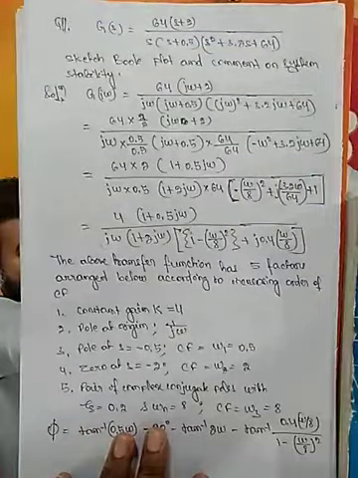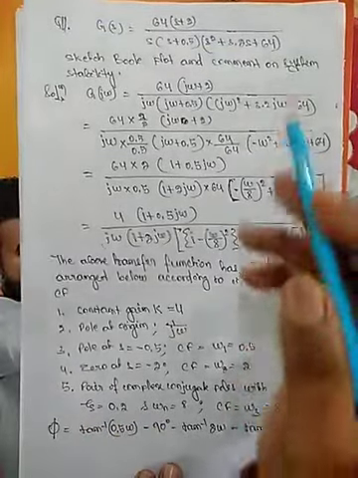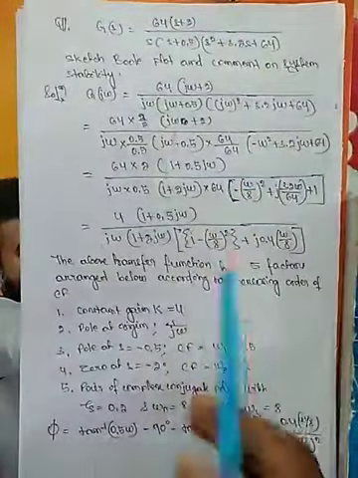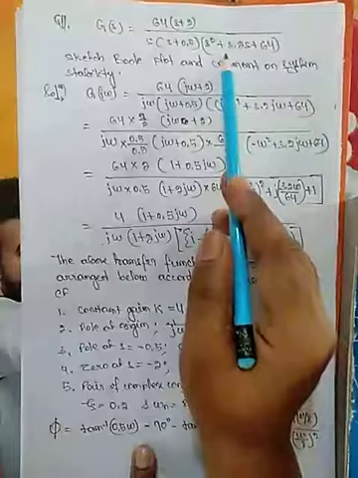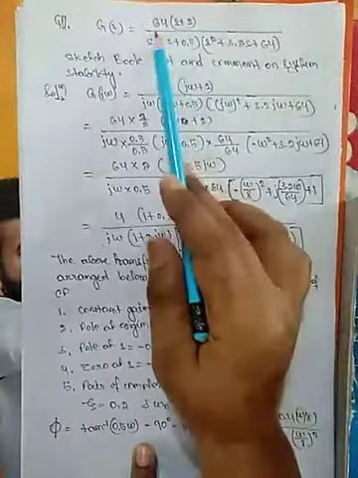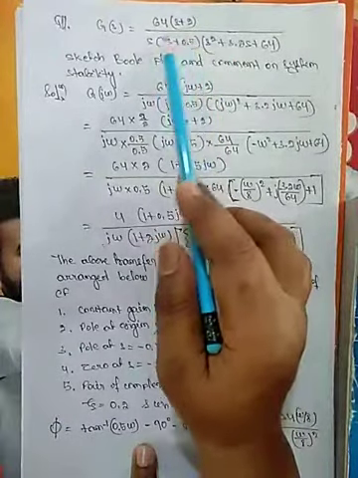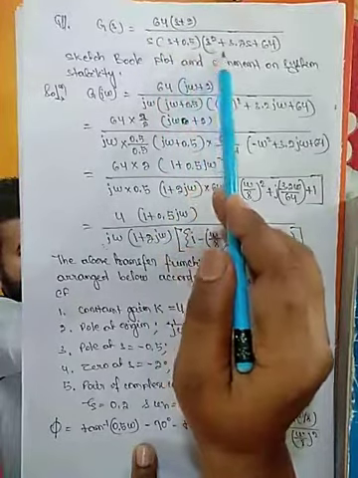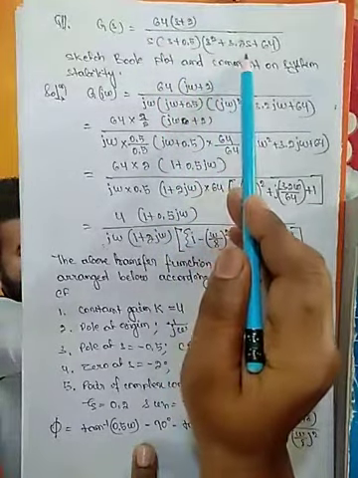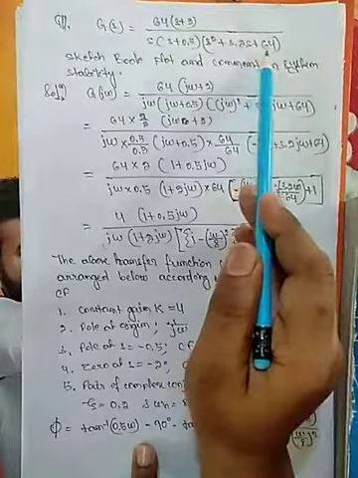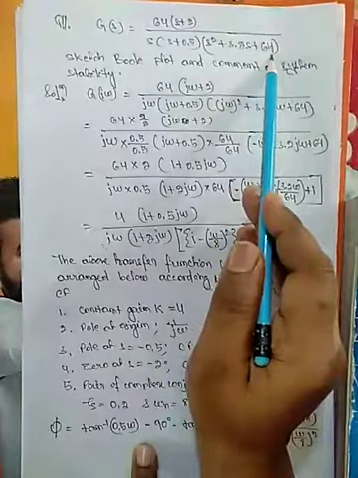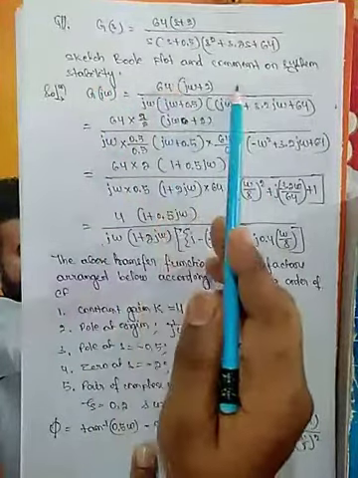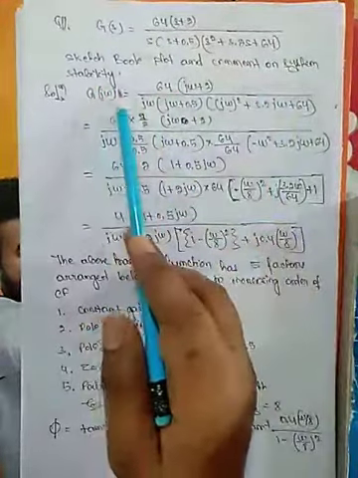Here we sketch a Bode plot for the given open loop transfer function. The open loop transfer function is 64(s + 2) / ((s + 0.5)(s² + 3.2s + 64)). The question is to sketch the Bode plot and comment on system stability.